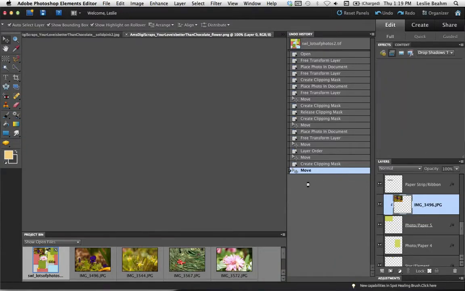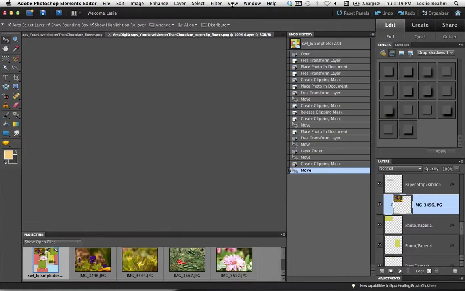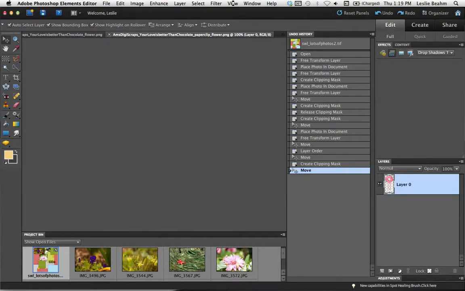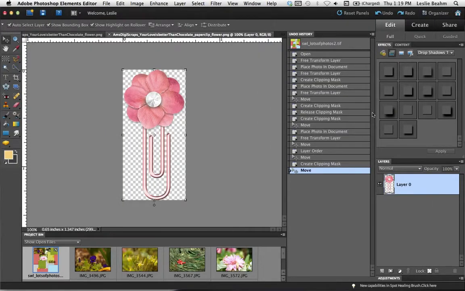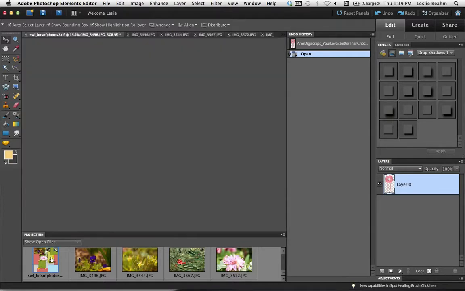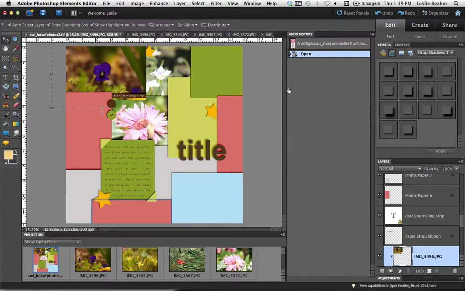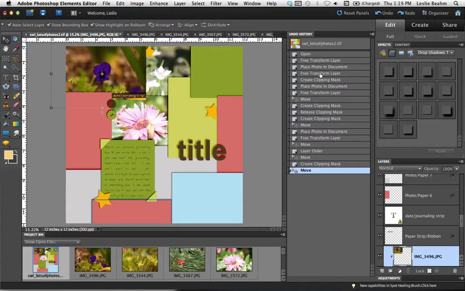While those are opening, you can see here's my undo history. You can select to view it or not view it by going to View at the top here, selecting Undo History. What's different about Photoshop Elements and SBC Studio and SBC Plus is that you can actually see the history of all the steps that you've taken